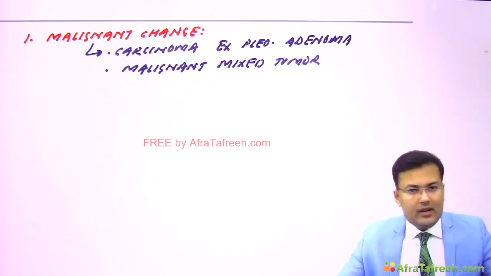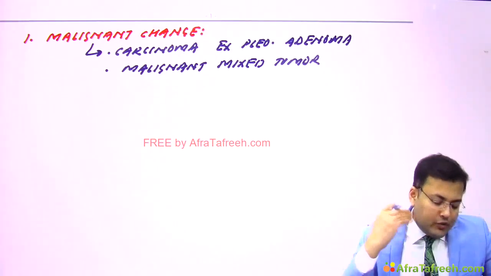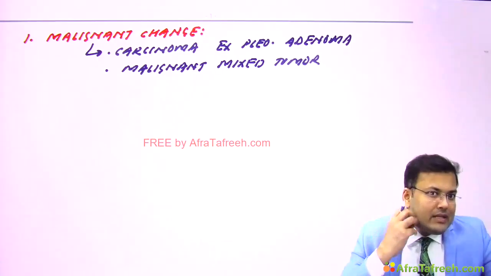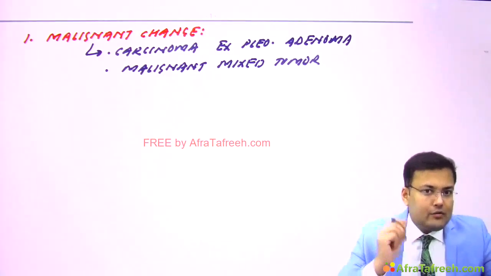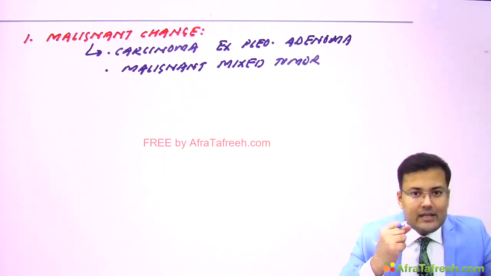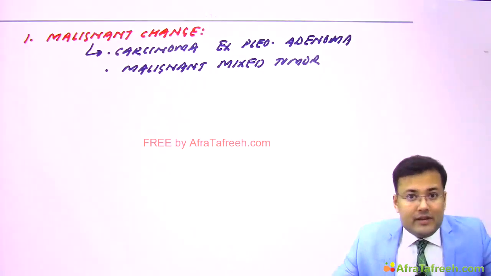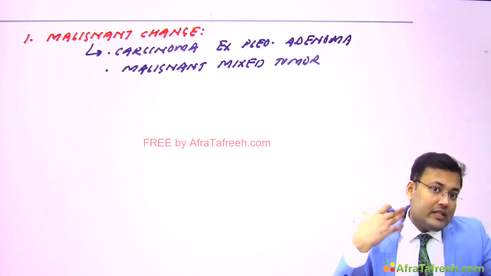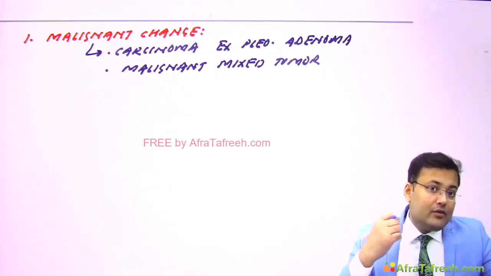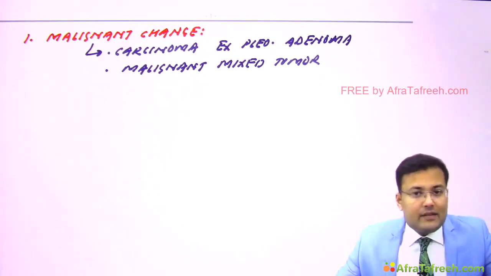Okay, now see, pleomorphic adenoma is a benign tumor. It is having slow growth. So whenever there is malignancy, what happens? There is a sudden increase in the size of the swelling. Means there is rapid growth, there is pain, there is paresthesia, and the malignancy is going to involve the facial nerve. So there is facial weakness. There is involvement of cervical lymph node. There is fixation of mastoid tip. So all these are the findings suggestive of malignancy.